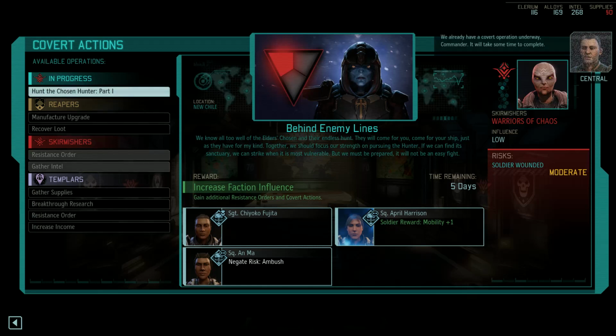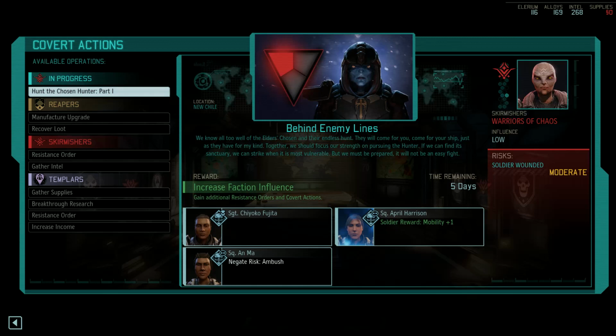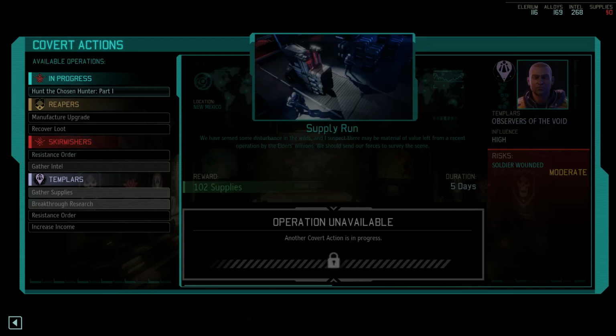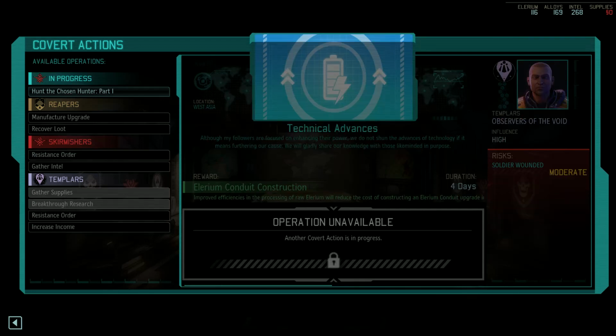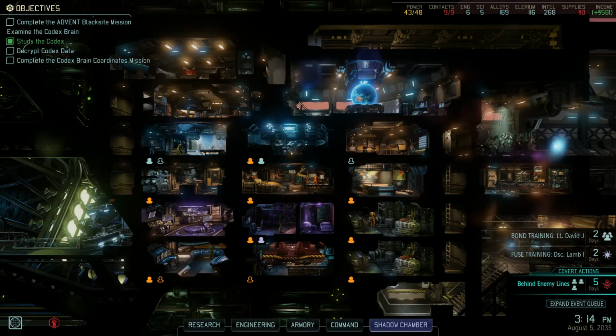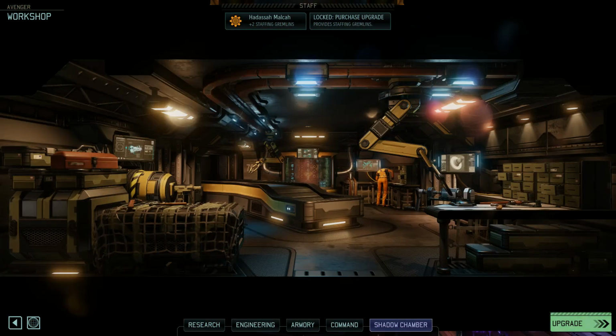So you can do one at a time. You can do it from any faction that you like. And you just kind of toss a soldier on here and pick the reward you want to get. It's very nice. The workshop